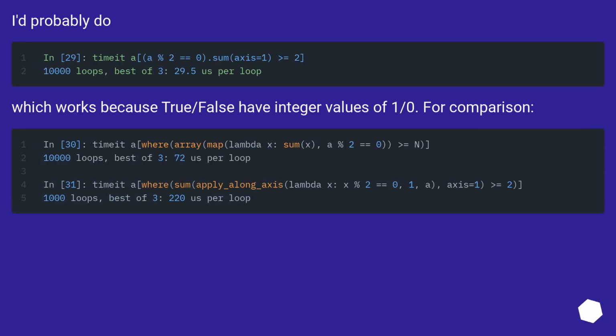I'd probably do this, which works because true/false have integer values of 1 and 0. For comparison,